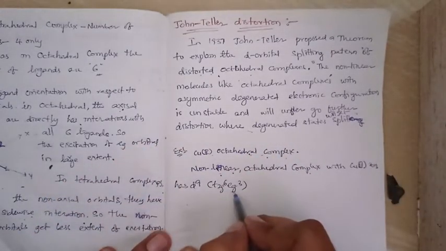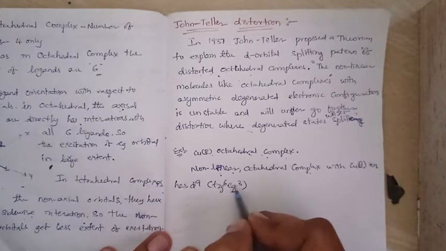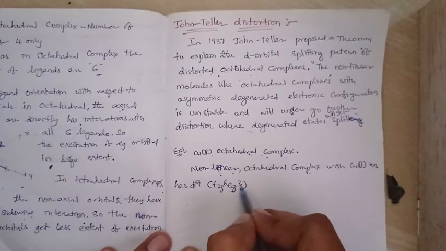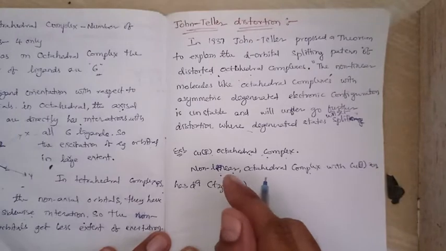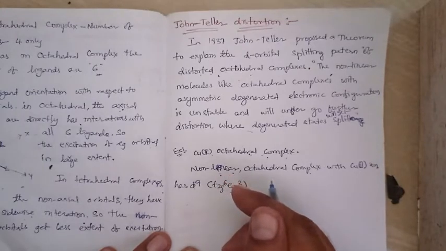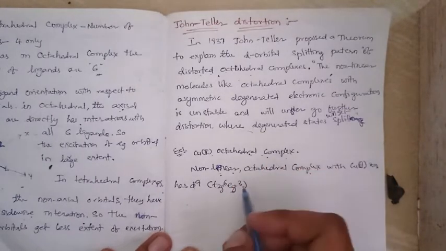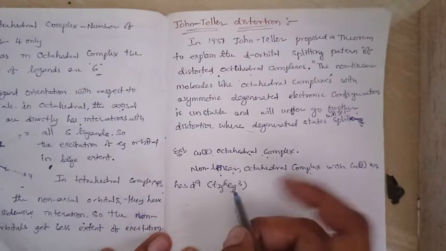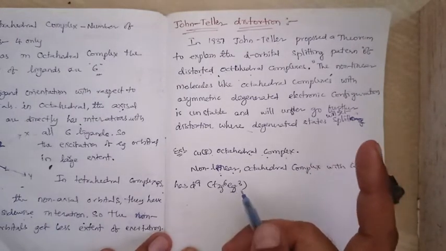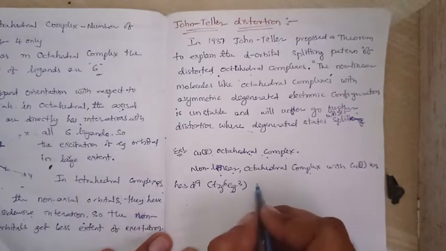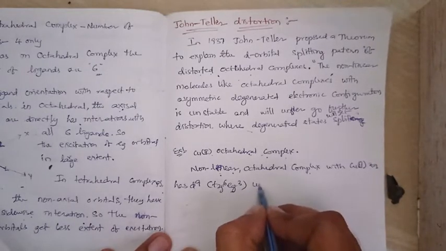But when it comes to Eg, Eg has two orbitals, dx square minus y square and dz square, holding 3 electrons. Either dx square minus y square will have 2 electrons and dz square will have 1 electron, or dx square minus y square will have 1 electron and dz square will have 2 electrons. So this is called an asymmetric d9